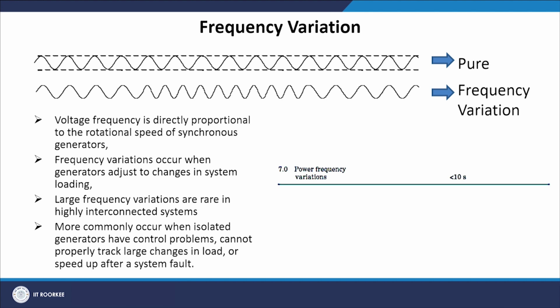The next one is frequency variation. So in the first one I could see that there is a constant frequency, but in the second signal you could see the frequency is suddenly varied and then finally becomes constant. Voltage frequency is directly proportional to the rotational speed of synchronous generators. Frequency variations occur when generators adjust to changes in system loading. Large frequency variations are rare in highly interconnected systems. More commonly they occur when isolated generators have control problems, cannot properly track large changes in load or speed up after